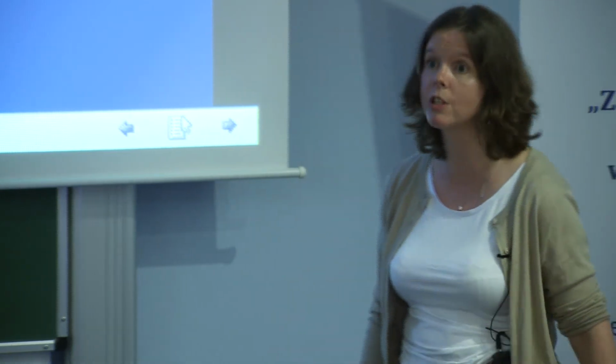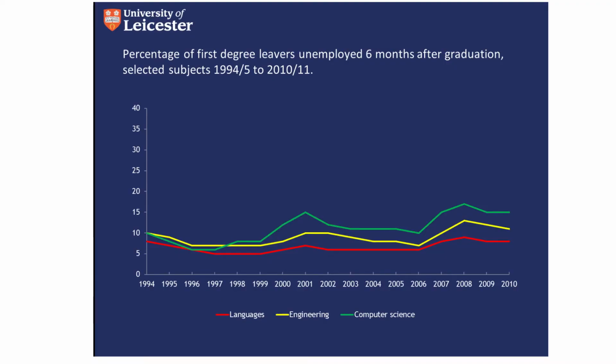The data isn't perfect. The response rate is about 80%. So it's not bad for a population survey. And this tells you the students who are unemployed 6 months after they graduate. It doesn't include those students who have taken a year out to go travelling or whatever. They're not considered to be unemployed. And you can see that two of the largest groups of people who are unemployed are computing and engineering graduates.